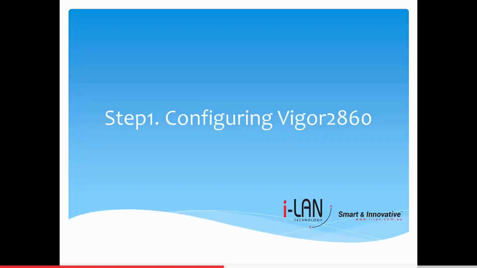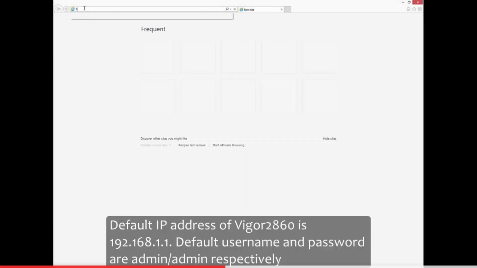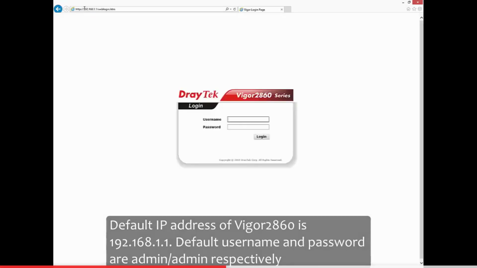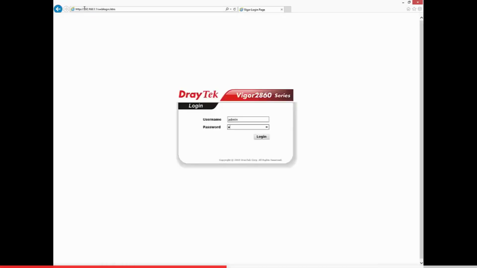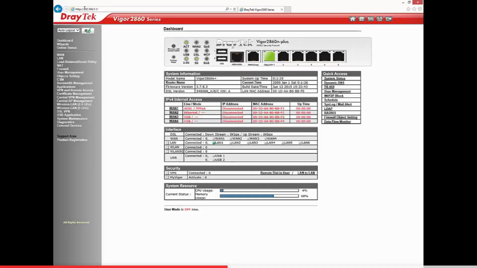So let's configure VIGA 2860 first. Connect VIGA 2860 to a computer, open your web browser and log into VIGA 2860. Here we will configure 4 LAN subnets with network addresses 192.168.1.0, 2.0, 3.0 and 4.0, all with subnet mask 255.255.255.0.